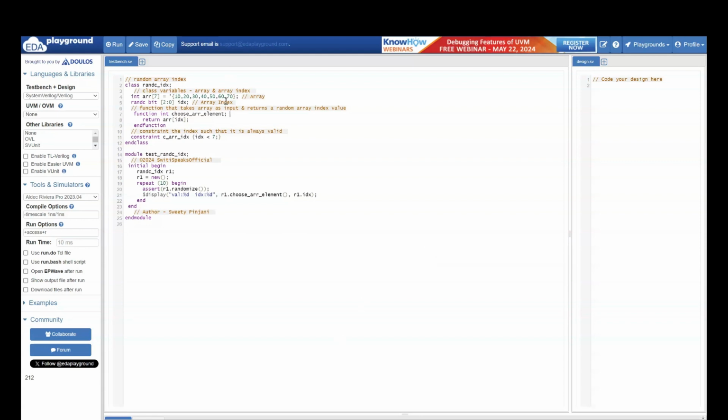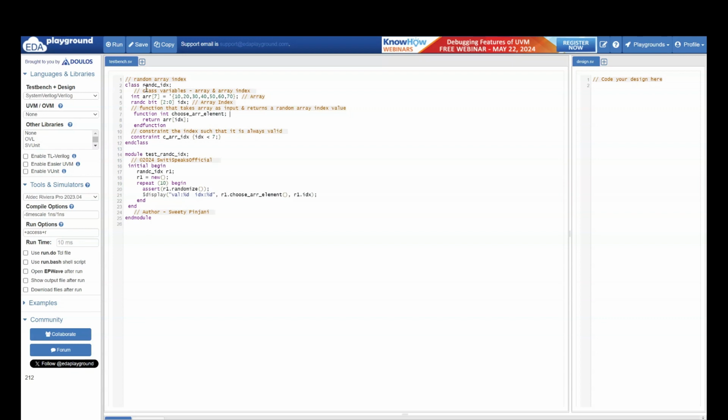Today we are going to see a very interesting code on randomization. How do you randomize an array index? When you understand this example, a lot of concepts are going to be clear. So I request you to please understand this example thoroughly. In case you don't understand, go through this video again and again till you understand, and after that, try to code by yourself, practice, run, analyze the output, and understand each and every line. Let's get started.